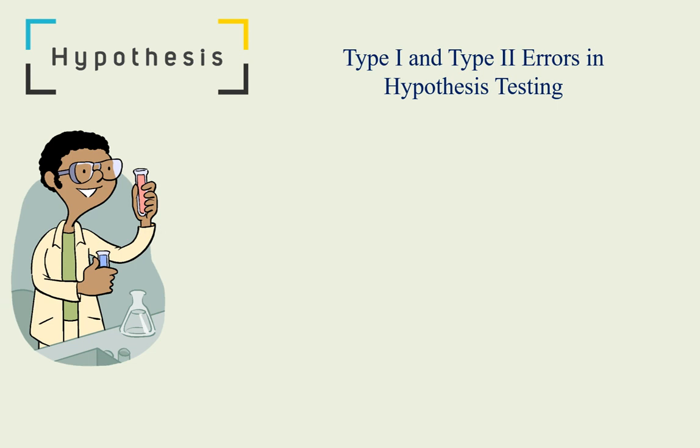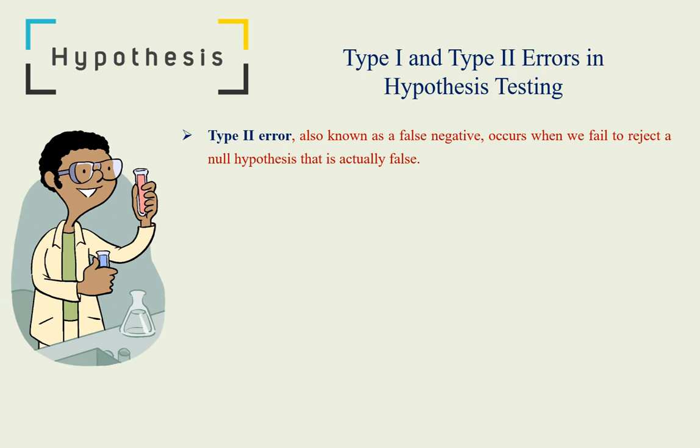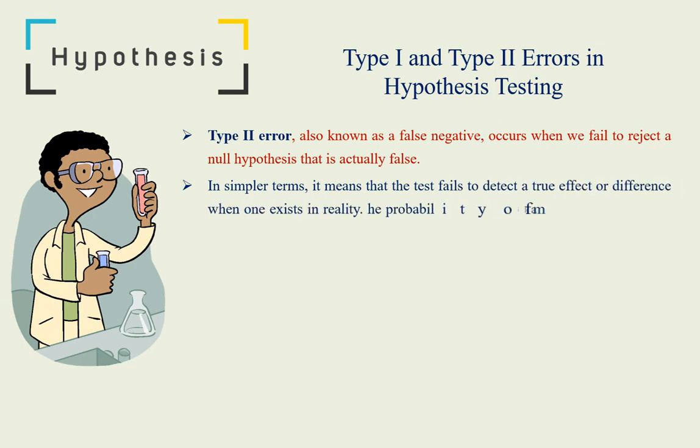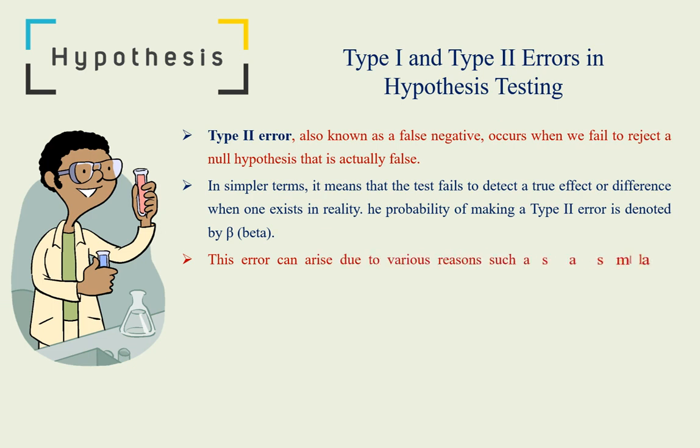Let's now discuss Type 2 error in hypothesis testing. Type 2 error, also known as a false negative, occurs when we fail to reject a null hypothesis that is actually false. In simpler terms, it means that the test fails to detect a true effect or difference when one exists in reality. The probability of making a Type 2 error is denoted by beta. This error can arise due to various reasons such as a small sample size, insufficient statistical power, or variability in